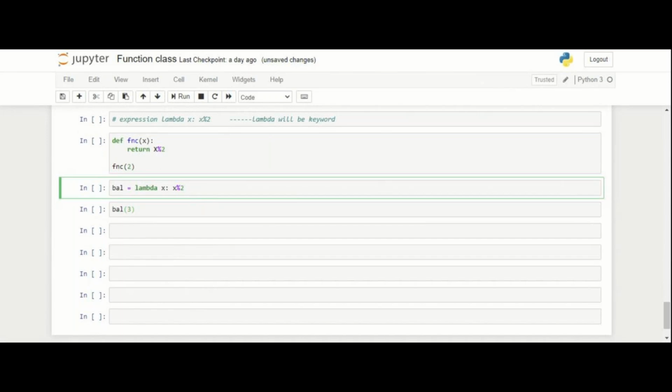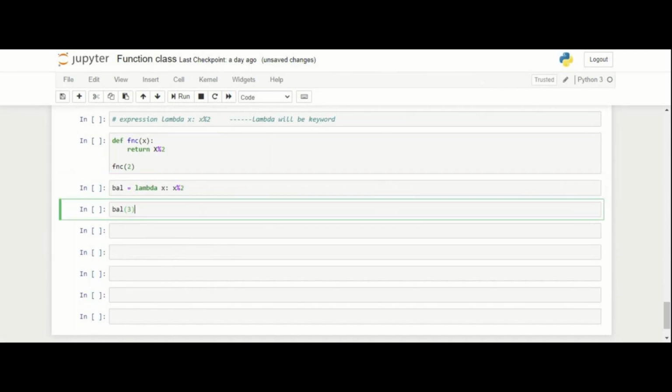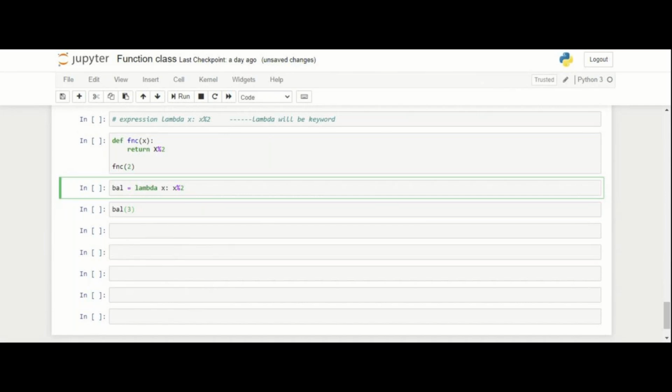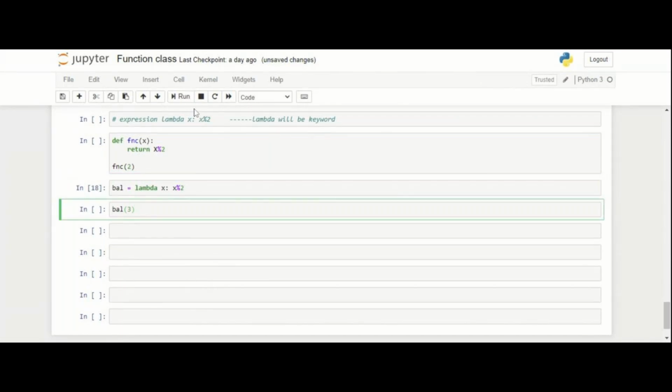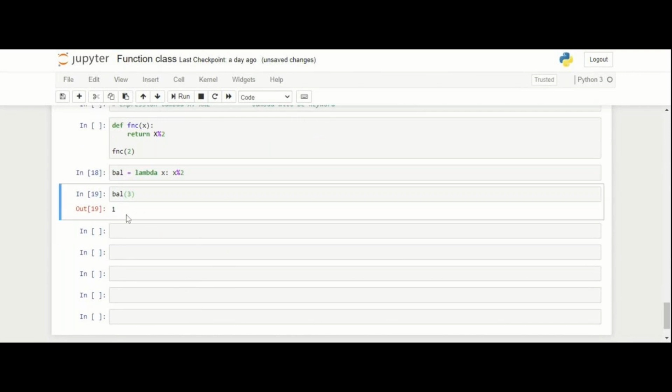How will it return false? 3, you are dividing, means modulus, 3 by 2. It is not equal to 0, right? It will return me 1. Okay, it will return me the remainder. So x % 2 will return me the remainder. For example, I run this, and I'm putting 3 here. It would return me the remainder.